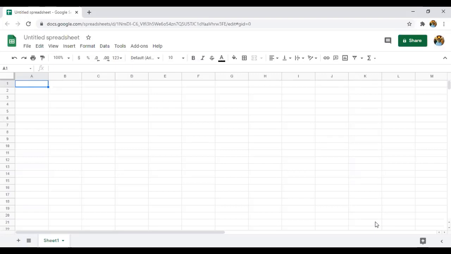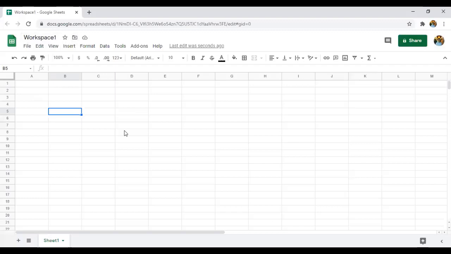As I told you, before working with the Google Sheet, you need to name it first, for easy understanding and easy remembering. So I'm giving it the name workspace 1, so that the user can easily remember the sheet they are going to work on, right? As I told you, it's an online one.